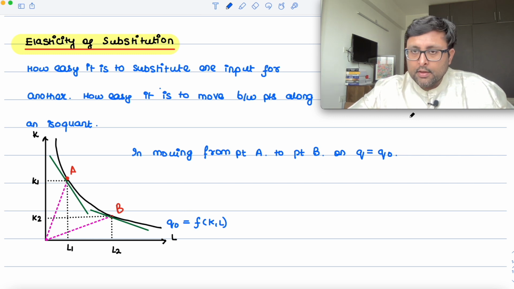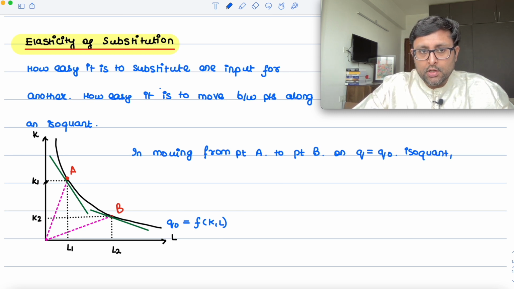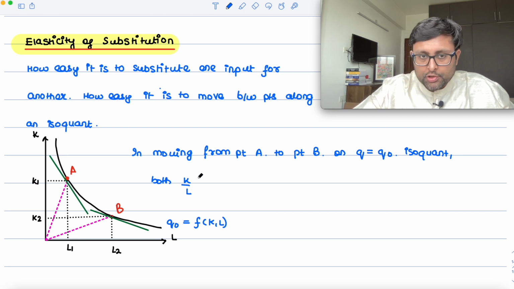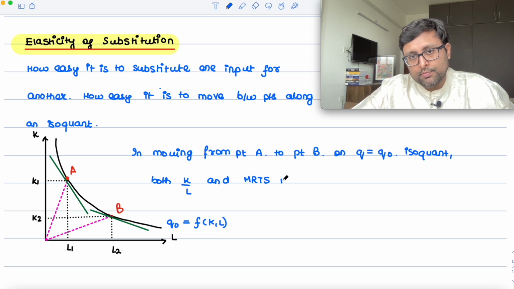Both K by L is changing. So here K by L ratio is K1 by L1, and here K by L ratio is K2 by L2, right? Both K by L ratio and MRTS. So MRTS at point A is given by the slope of the isoquant at point A, and MRTS at point B is given by the slope of the isoquant at point B. MRTS will change,